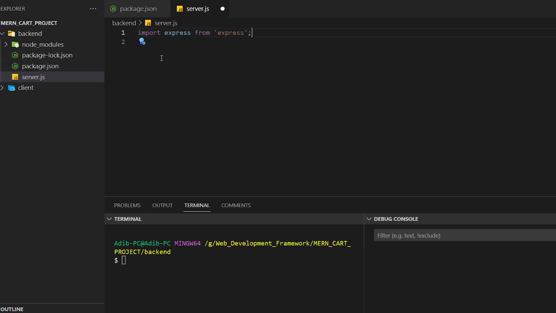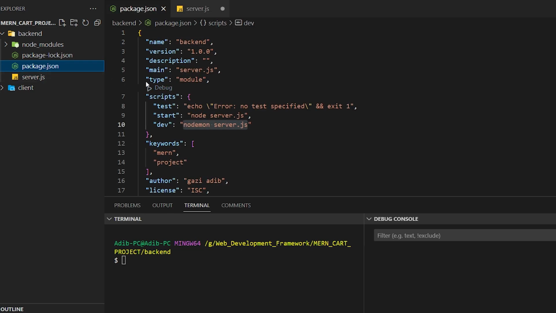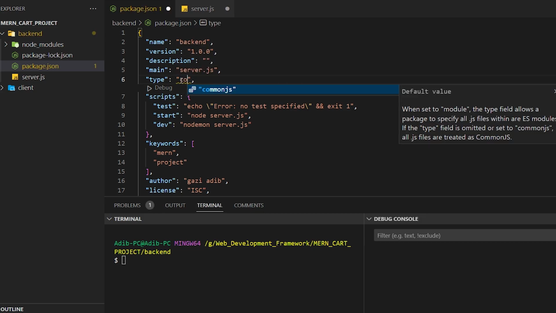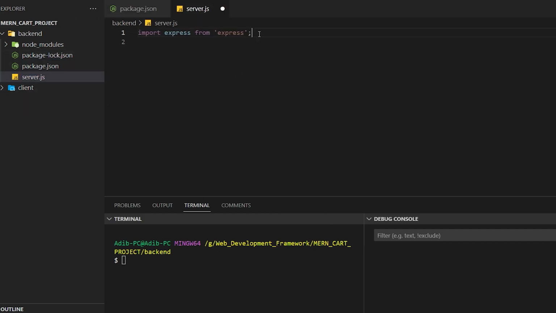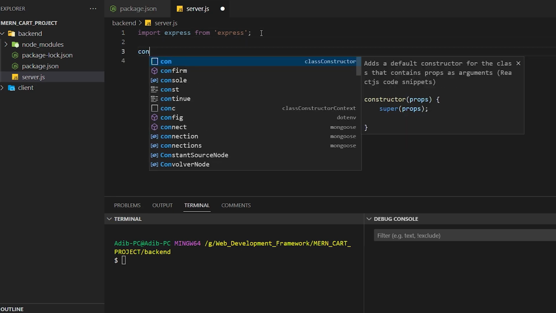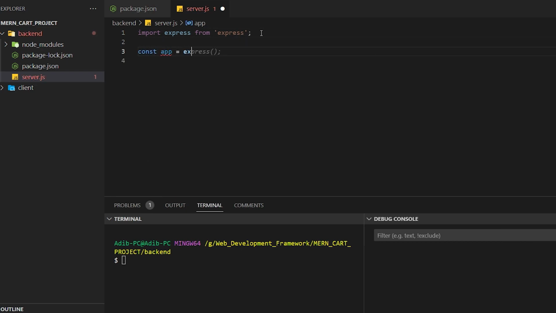So how is it working here? If you go to package.json, as you can see, I have written type equals module. If you write type equals commonjs, then you have to write it the other way. Make sure you save that and go to server.js: import express from express. Then const app equals express, just call it, and it will work really well. And here you can write